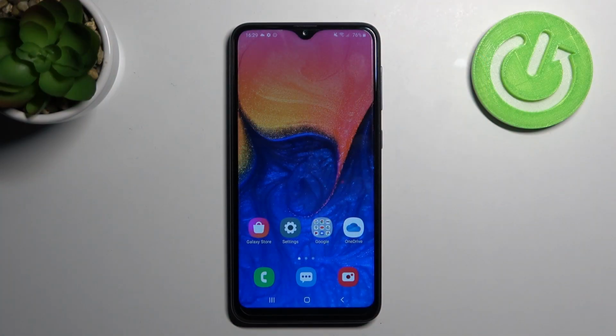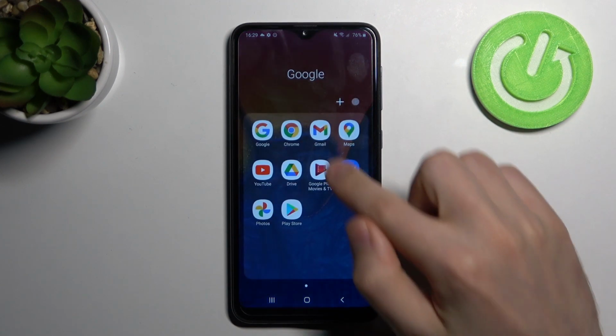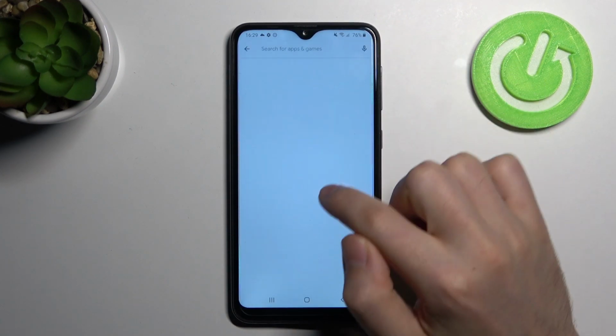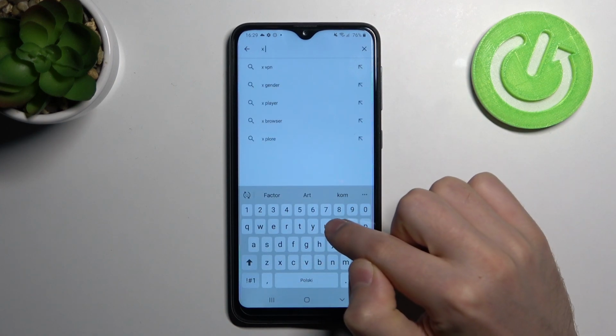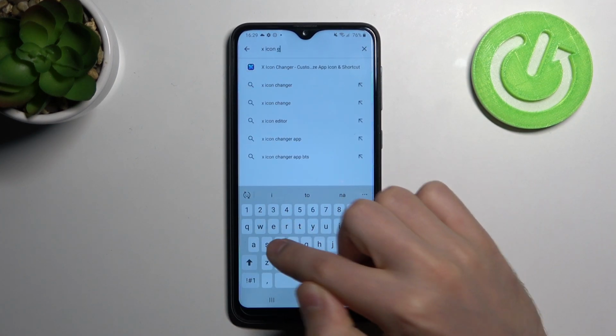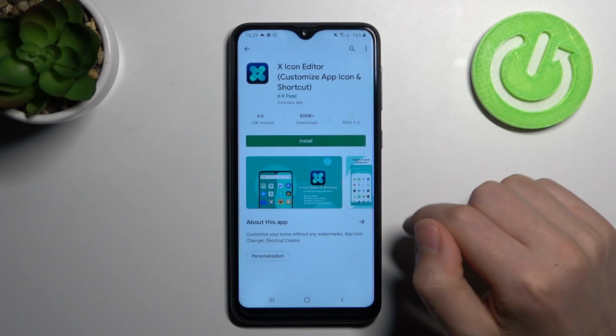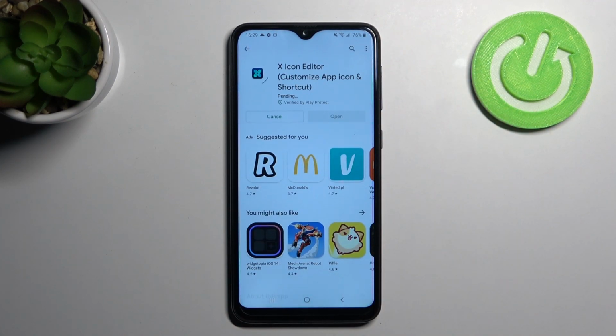Welcome! If you want to change icon shape on a Samsung Galaxy A10, first step, go into Play Store and find X icon editor application. I'll show you this one. Need to install this application, wait for installing,